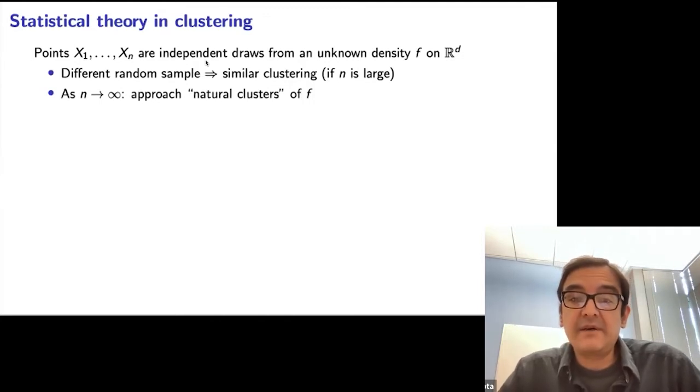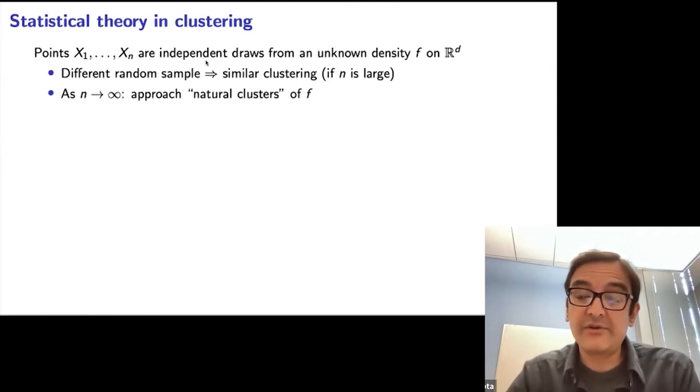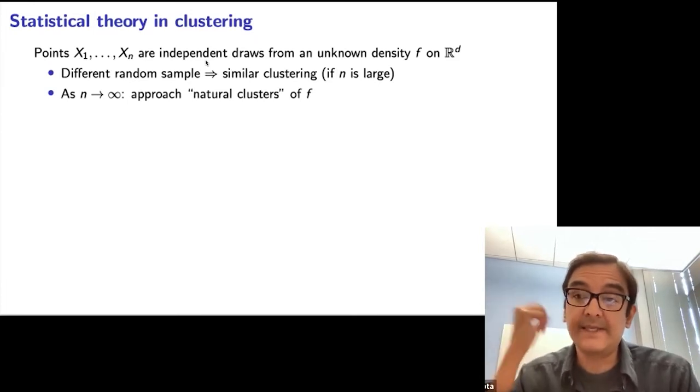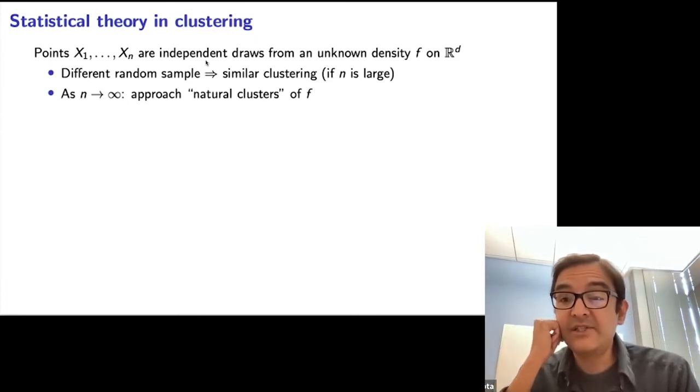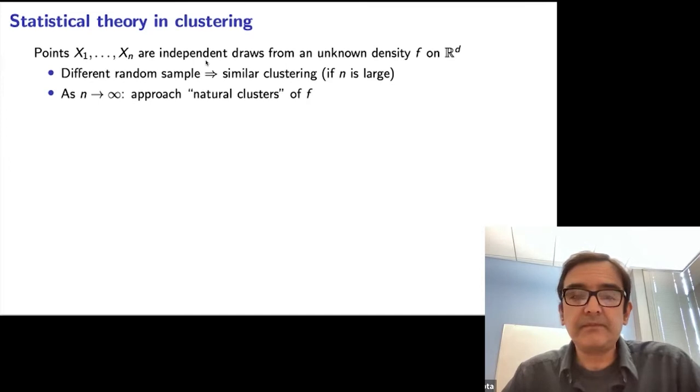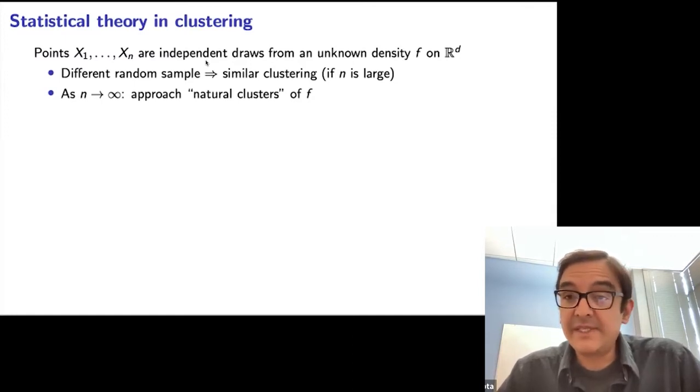And carrying that further, what that means is that as the number of points goes to infinity, the clustering you get should converge to something, okay, consistency. And hopefully should converge to something that's really meaningful and informative about this underlying distribution. So all this talk of consistency is just obvious to anybody who is doing supervised learning or classification, because in that setting, there is a very well-developed theory of consistency based on VC dimension, Rademacher numbers, and so on. And the results are very satisfying.